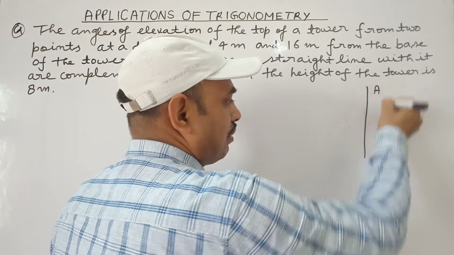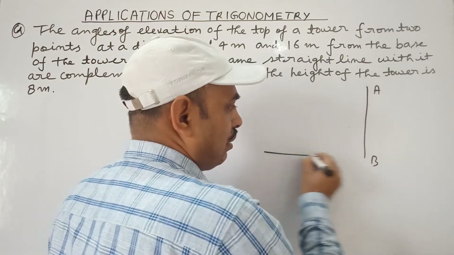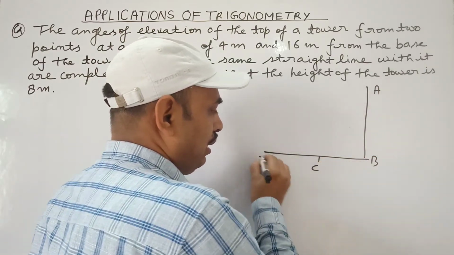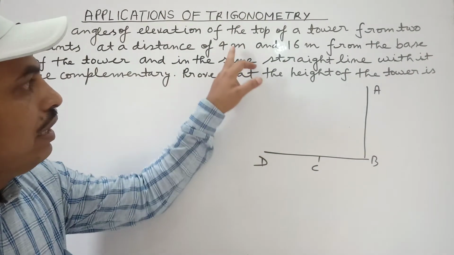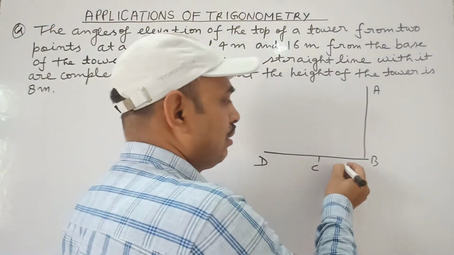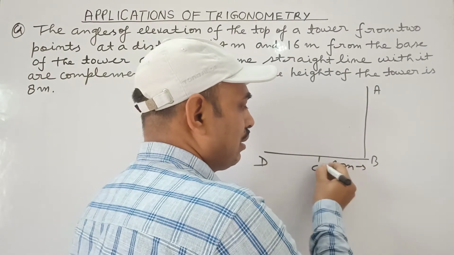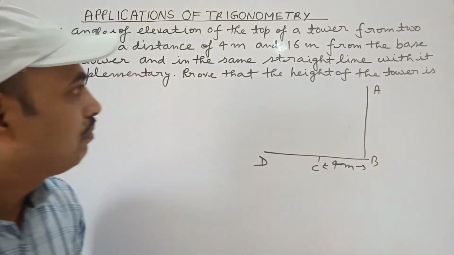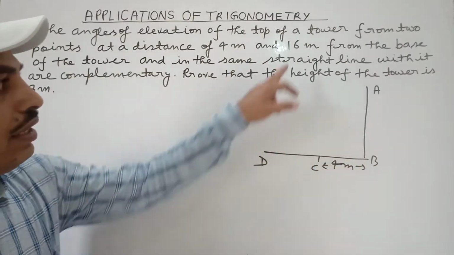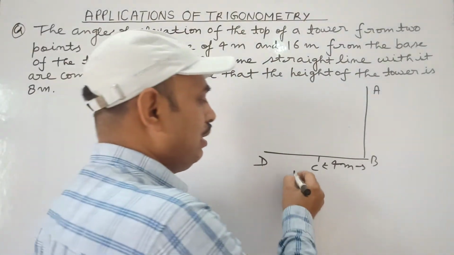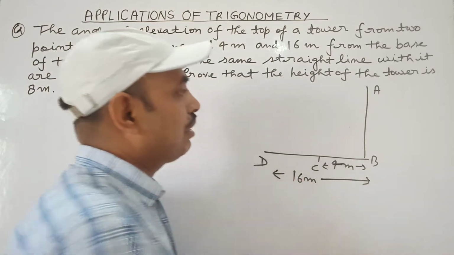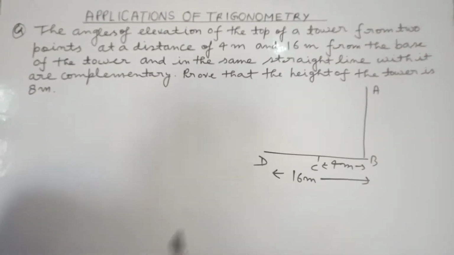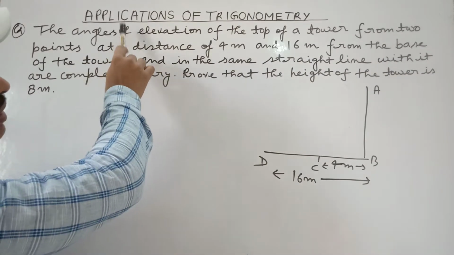AB is tower. BCD is ground level. First point is at 4 meter distance. Second point is at 16 meter distance from the base of the tower. Angle of elevation